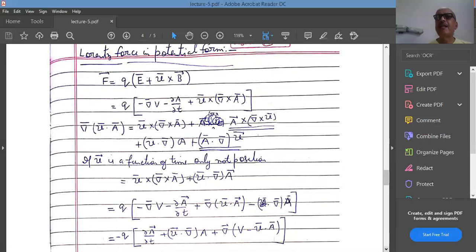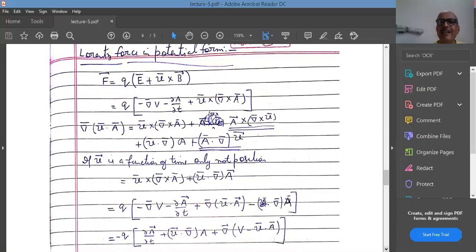Now, if you recall several formulas that I wrote for you in the last lecture, or you can recall identity number 4 of vector calculus given in the book by Griffiths on the last page. You will see the formula for gradient of A dot B, but here we have v dot A. It consists of 4 terms: B cross curl of A, then A cross curl of B, then B dot del into A plus A dot del into B. As I told you, you will have to put a vector sign on A also. The vector is missing here and here also. So you have to put a vector at all these places. These things you will do on your own.